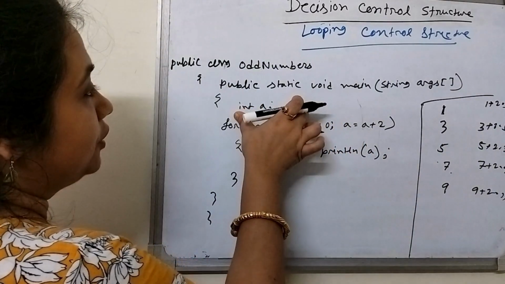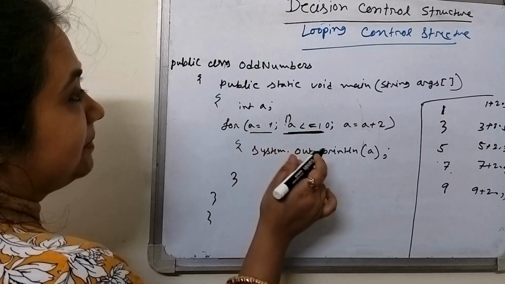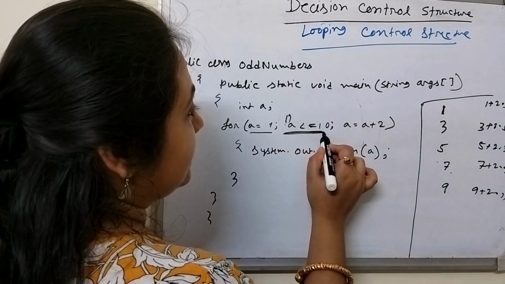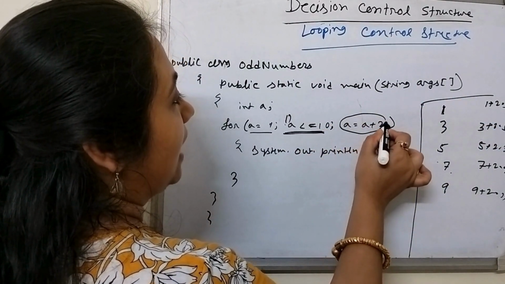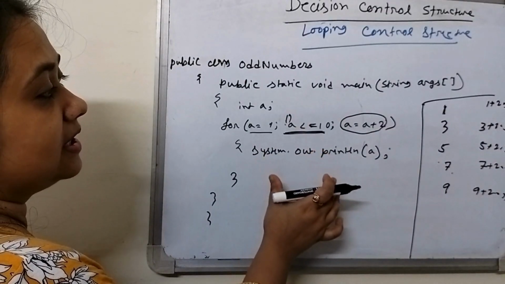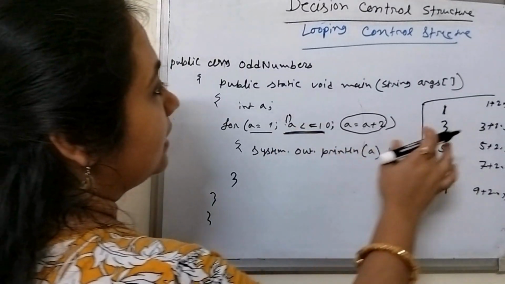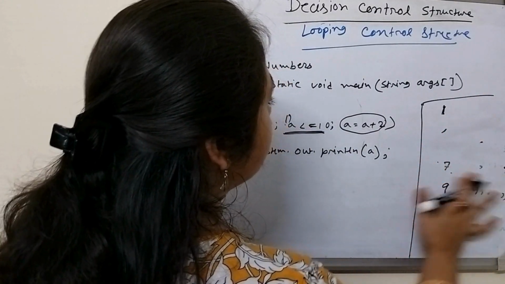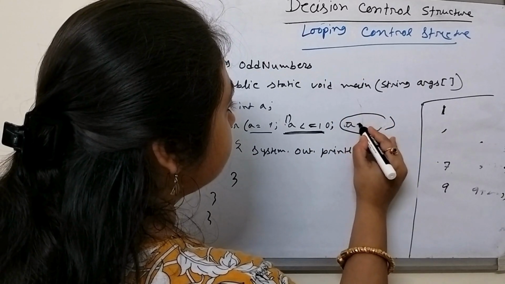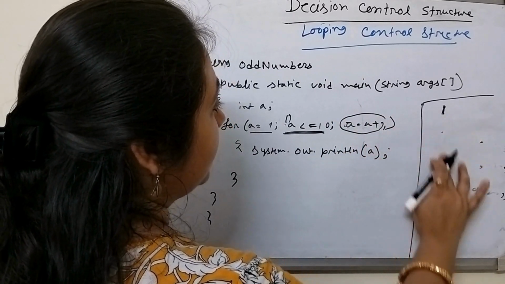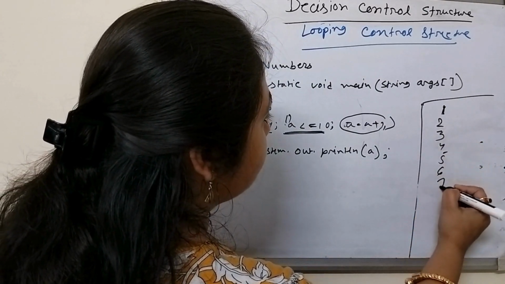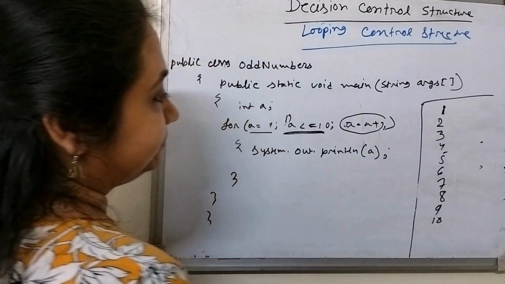So this is the for loop, where at first there is initialization, that means the value is initialized from 1. Condition means up to which value the program will be executed. Then there is the incrementation or decrementation, that means how we increase or decrease the value. Suppose we want to print 1 to 10, then a equals a plus 1. So the program will print 1, 2, 3, 4, 5, 6, 7, 8, 9, 10.